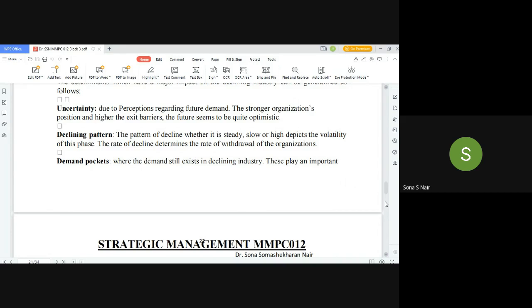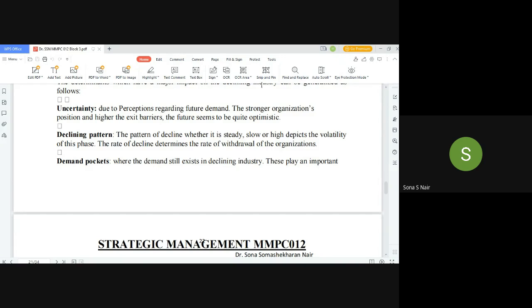Now, a declining industry is an industry which is going down, and when it is going down, the number of sales, the number of consumers, the pattern of profits will go down, right? And due to this, there will be a lot of competition between the existing firms. Some firms will quit; they would exit the industry, but the firms which are existing in the industry will be fighting it out for position in the marketplace. So, what are the determinants of the number of competitors, or what is the competition going to be?